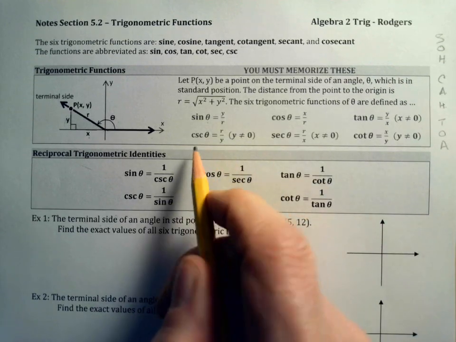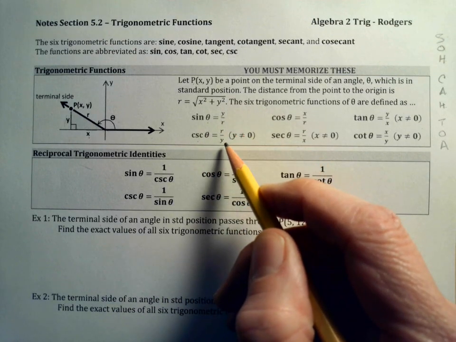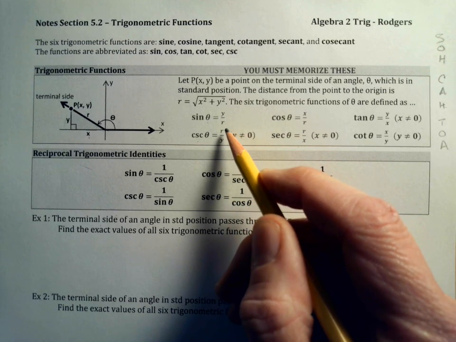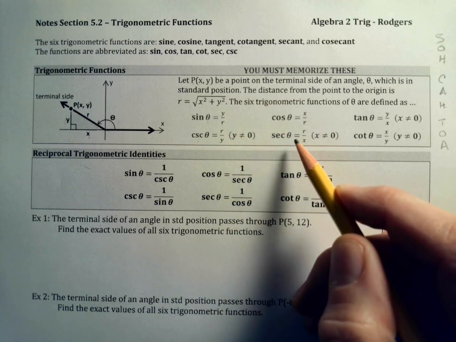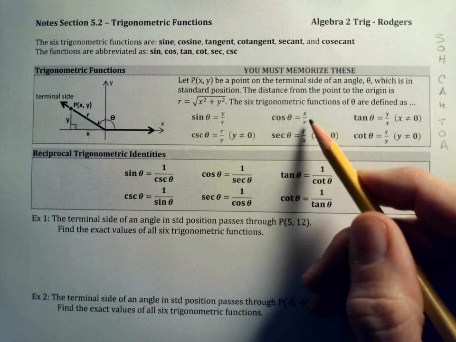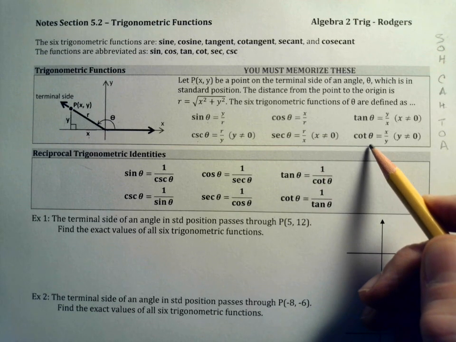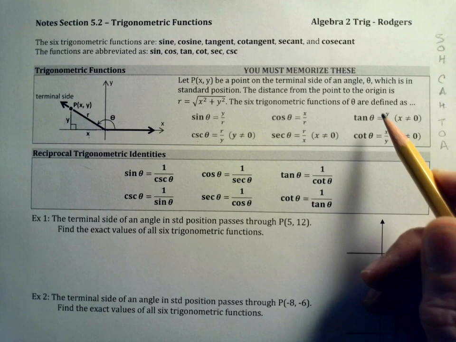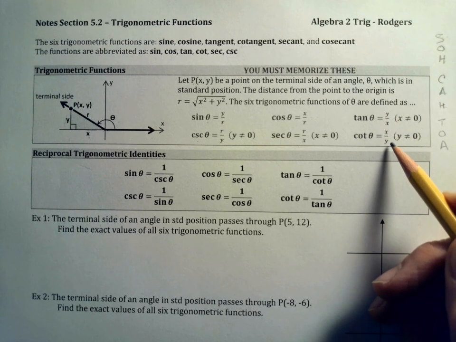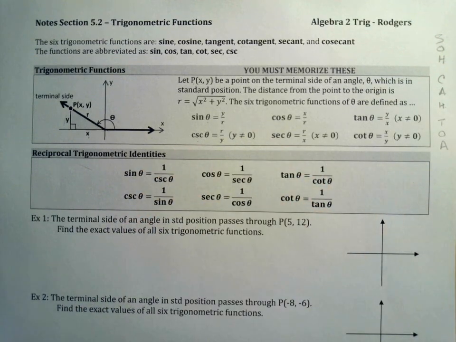All right, cosecant. Notice that cosecant is simply the reciprocal of sine. Sine is y over r. Cosecant is r over y. Secant is the reciprocal of cosine. Instead of x over r, it's r over x. And cotangent is the reciprocal of tangent. So instead of y over x, it's x over y. Okay, so those relationships are more obvious here when we talk about the reciprocal